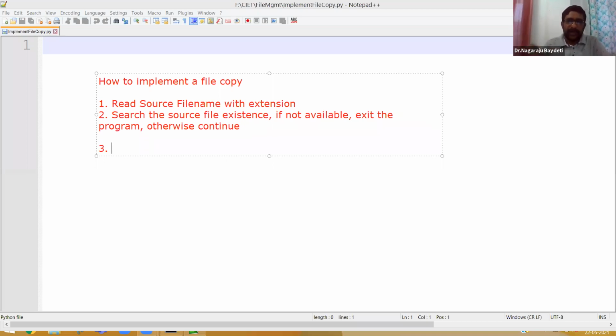I believe everybody understood what is searching the source file. Suppose you are giving a file which is not there. Then how will I copy? Three, form the file name for the destination file. The destination file is the duplicate file.